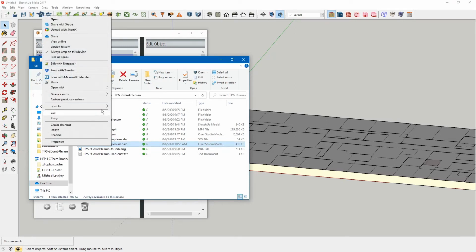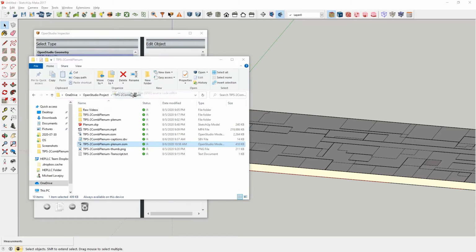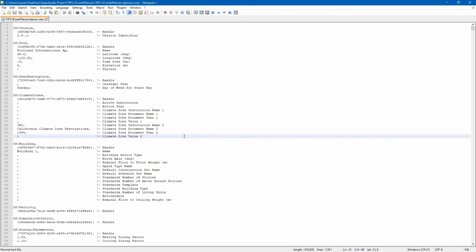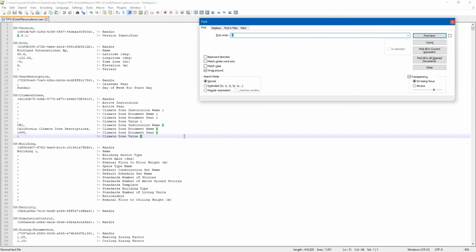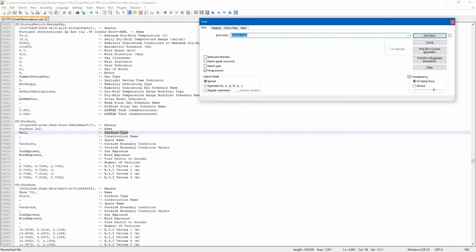We're going to open this with Notepad++, and we will just search for a surface type. And we don't want wall, we're looking for an example of a floor.